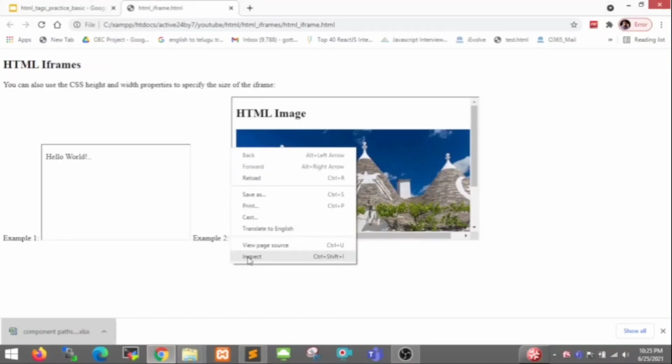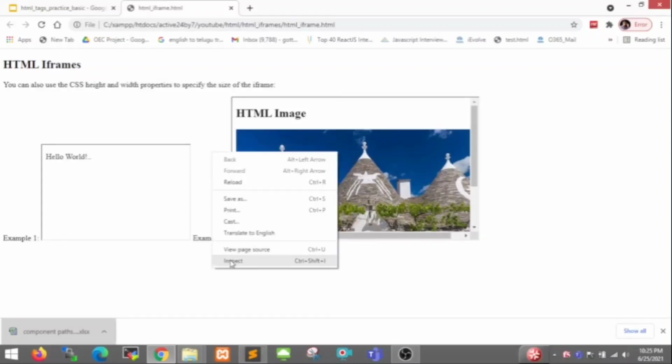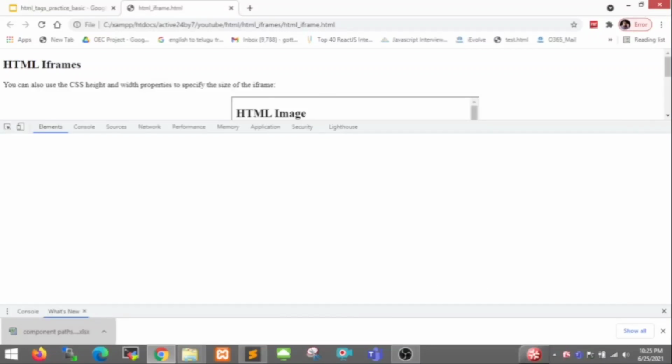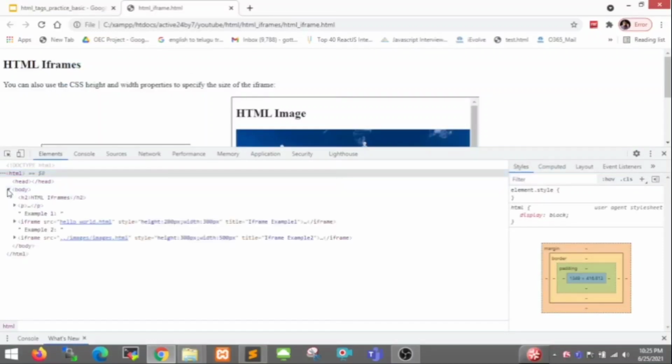If you have doubts about the HTML code you write, then debug it like this. Right click on the web page and select the inspect option. After that it opens the source code, where we can observe our HTML code.